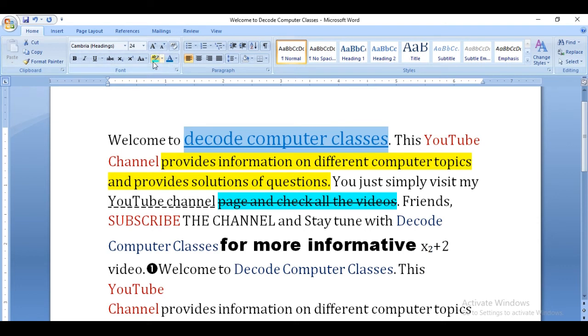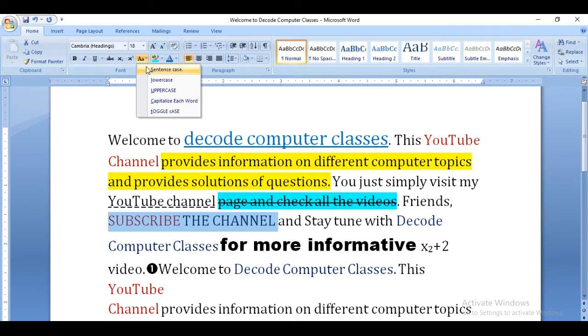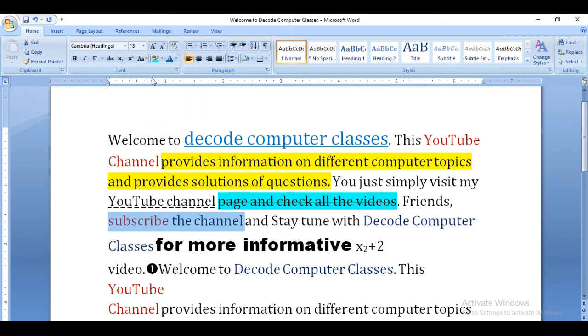Now move on to the next option, lowercase. Let me select this sentence, this text, and perform lowercase. All the text which is selected is now converted into small letters. Lowercase means all the letters will be converted into small letters.